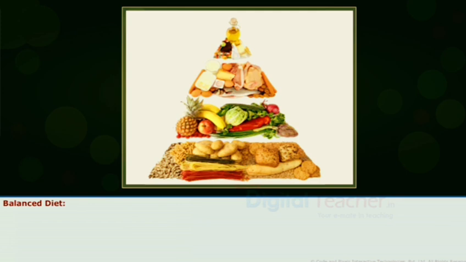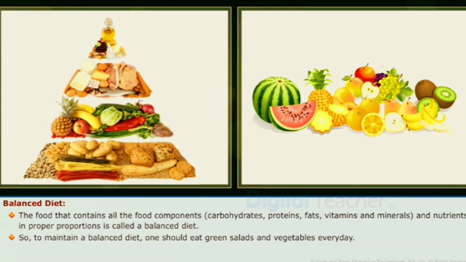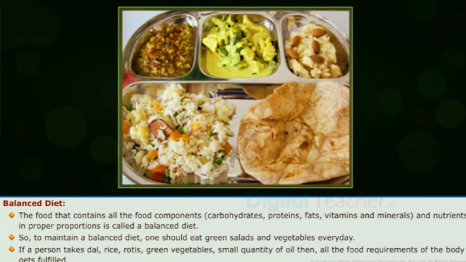Now, let us learn about the balanced diet. The food that contains all the food components like carbohydrates, proteins, fats, vitamins and minerals and nutrients in proper proportions is called a balanced diet. So, to maintain a balanced diet, one should eat green salads and vegetables every day. If a person takes dal, rice, rotis, green vegetables, and a small quantity of oil, then all the food requirements of the